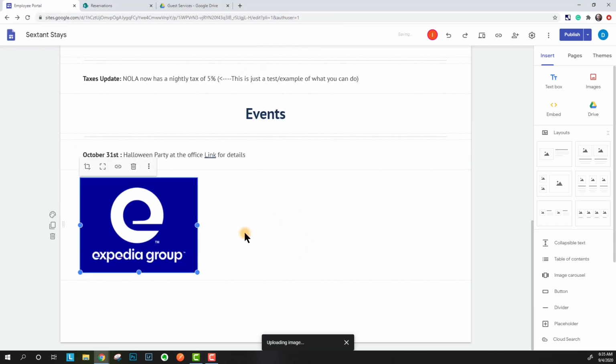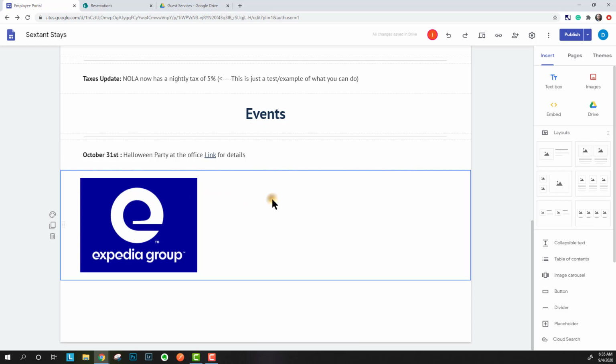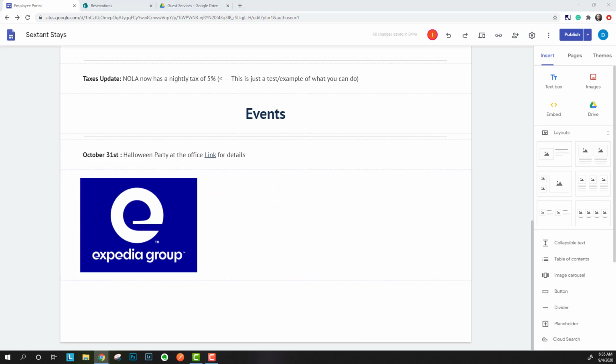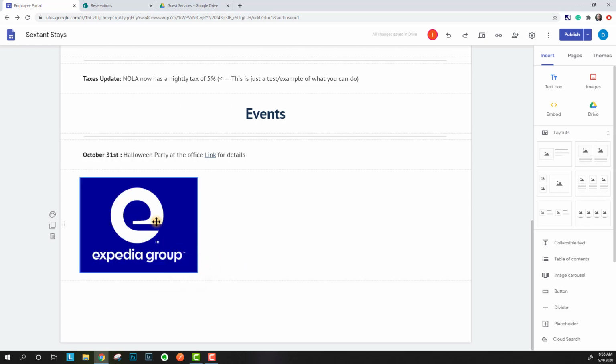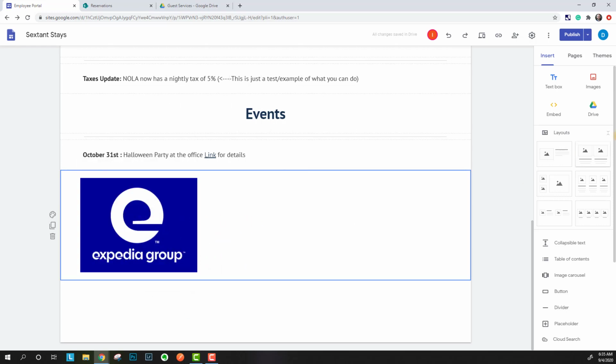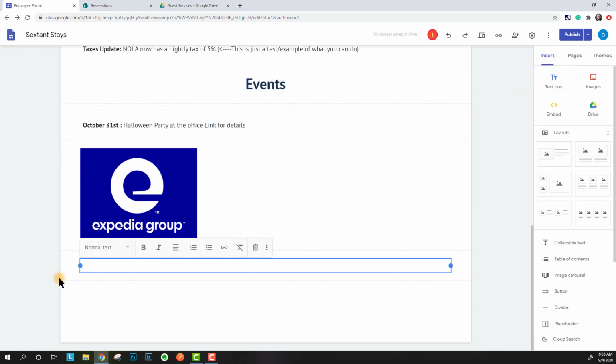There you go. So I put in the Expedia logo, and then off to the right you can shrink this thing down and do whatever you want to do. But what I would do is add a little text box over top or right next to it, and I would just put username, and it was Doug at sextantstays.com,